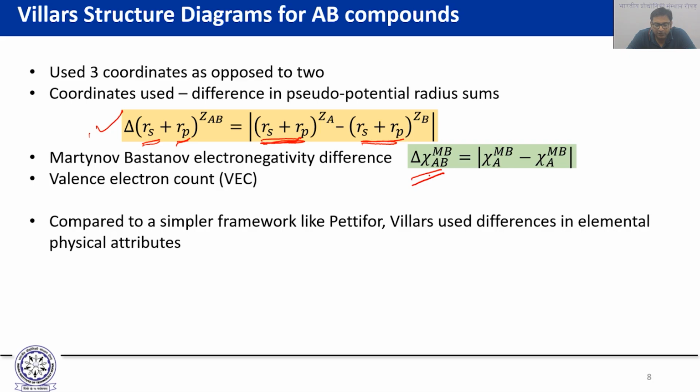And the origin for using something like the VEC comes from the work of Hume-Rothery, where he showed very clearly that the selection of different crystal structures can sometimes depend on the valence electron concentration of the material. And so these were his three coordinates: the delta S, delta Rs plus Rp, the delta chi, and then the